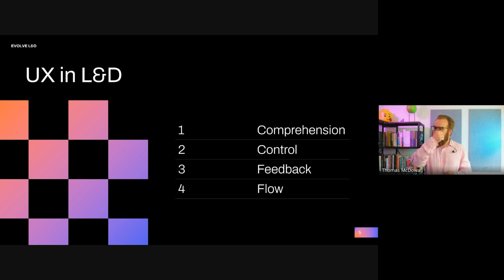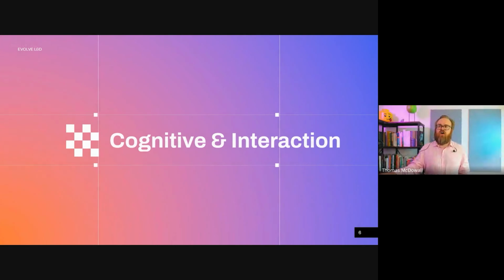So I want to dive into some of the principles we can take from UX. These have been quite broad, and I want to dive into some really specific stuff with some examples. Some of these examples will be general internet-y examples, and others will be more sort of L&D specific. Let's dive in. The first grouping are cognitive and interaction principles, and we're going to kick things off with what's